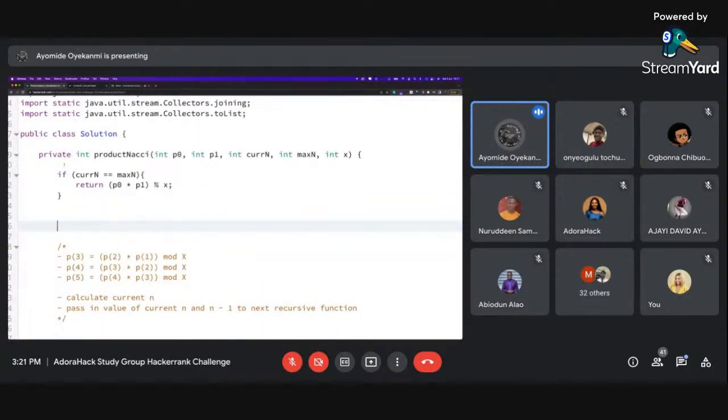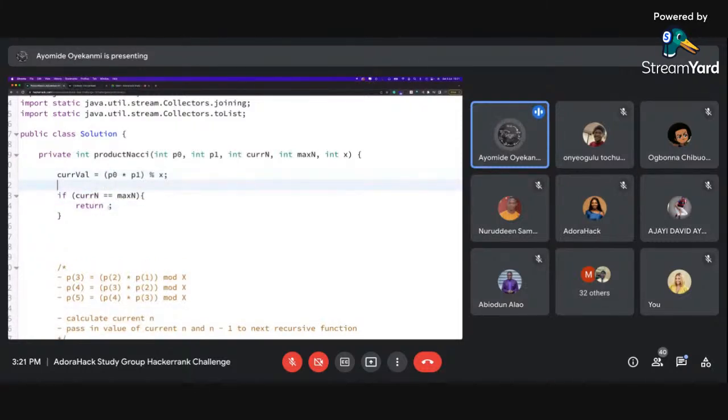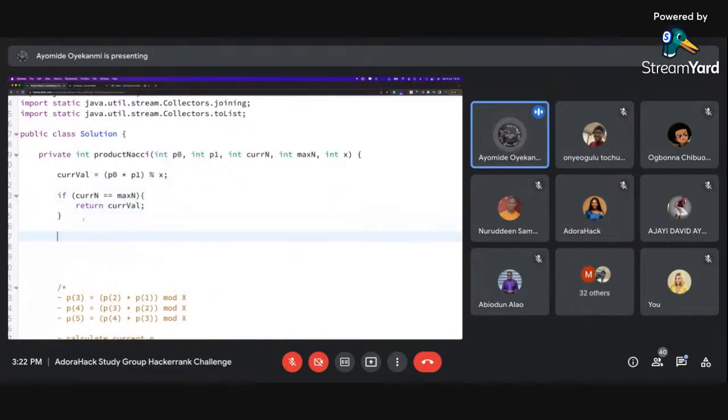The next thing we want to do is, okay, so something else I can do is I can just get the current value. I would make this current value, right? If current n is equal to max n, I just return current value. All right. If it is not equal to max n, then I want to return, I'll just call product Nachi